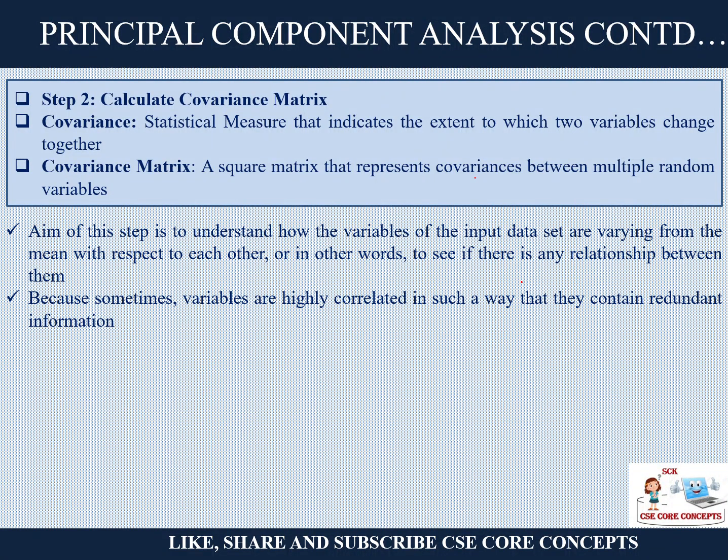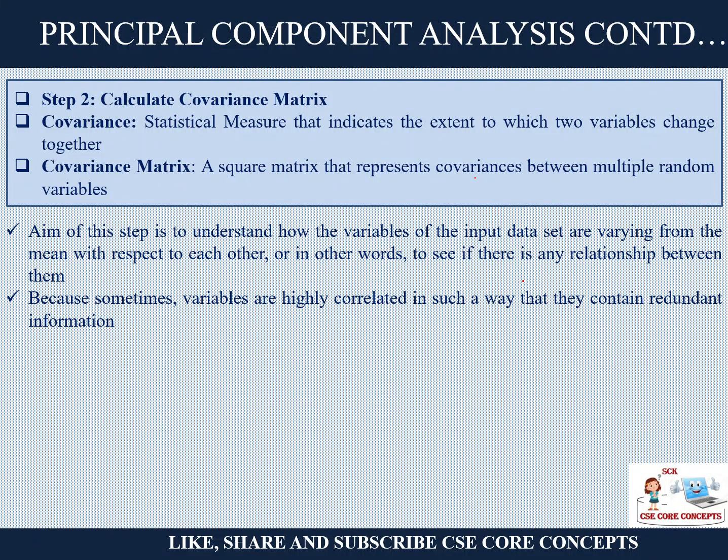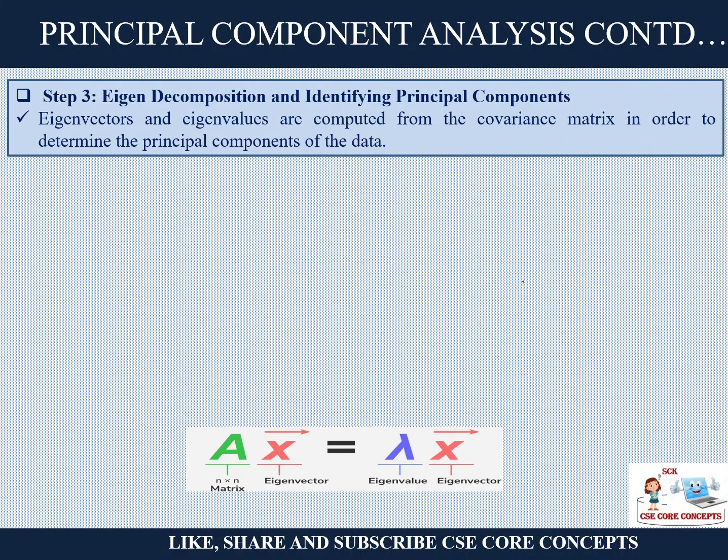Okay, so if you can see that with a change in height there is no change in the grade, that means they are not at all related to each other. Sometimes they are highly correlated, like your leg size and your height. If they are highly correlated, there is no point in keeping both dimensions. There is just redundancy, right? So in that case, you can remove one.